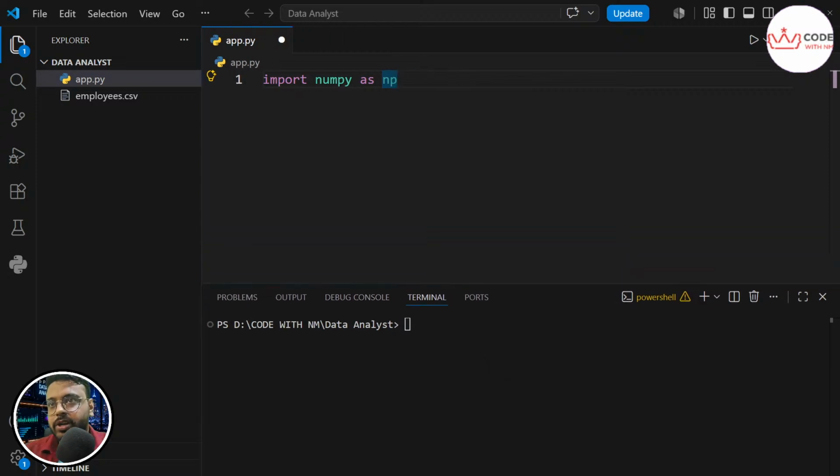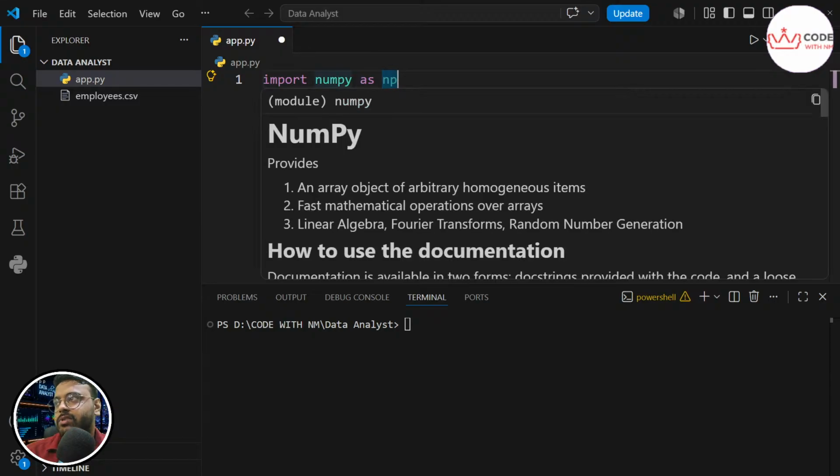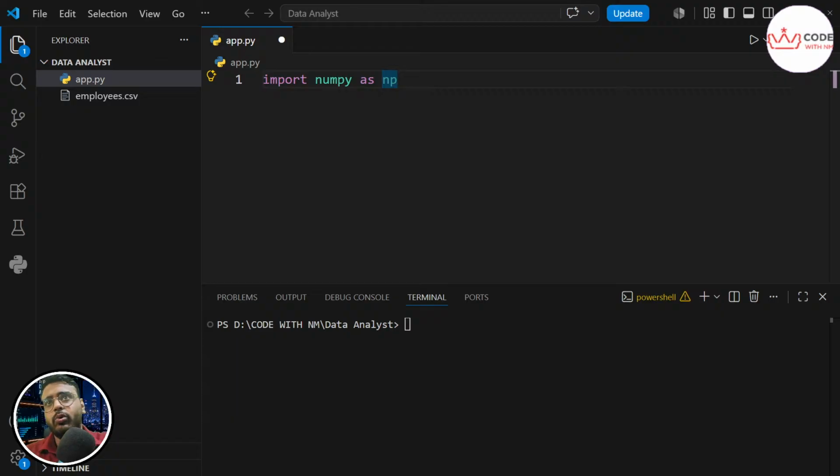Okay, before jumping into the codes and everything, let's have an understanding of NumPy, which is nothing but an array. An array is a container that holds multiple values of the same type. This is important. The difference between a list and an array is that an array can hold multiple values of the same type, and a list can hold multiple values of any type. This is a major difference, and people can ask you in the interview, so jot it down.